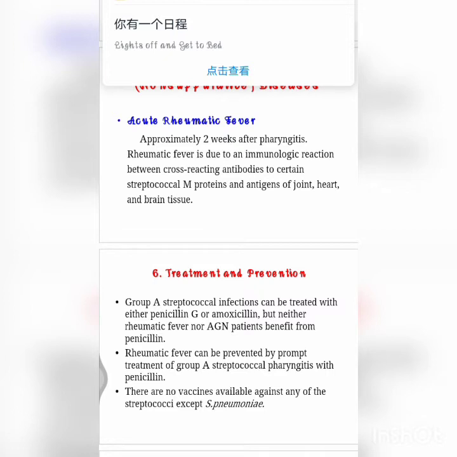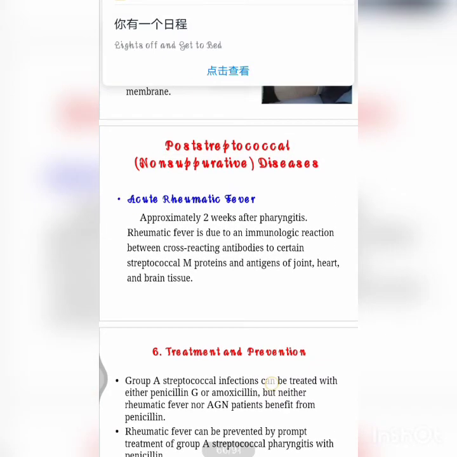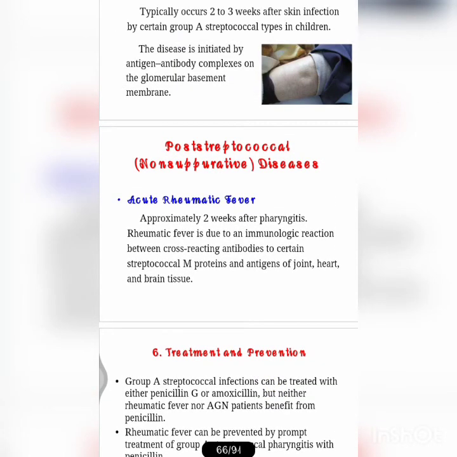The infections caused are divided into suppurative and non-suppurative. In suppurative we have respiratory tract infections, skin infections, genital infections and other infections like otitis media and septicemia. And in non-suppurative especially we have rheumatic fever and glomerulonephritis. We have discussed it. Laboratory diagnostics is not mentioned here, so this is one more thing which is important.